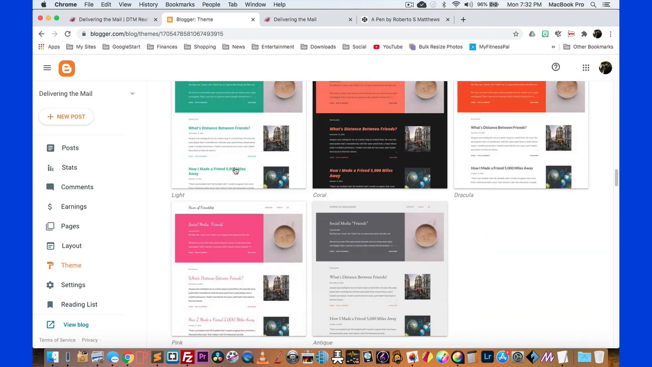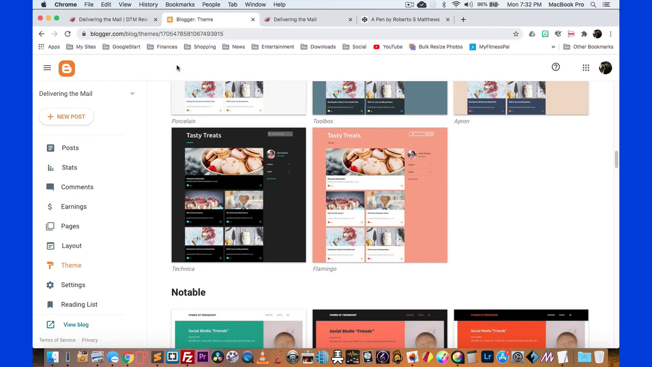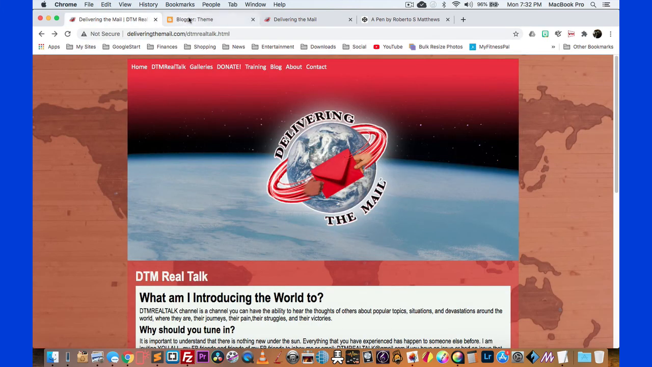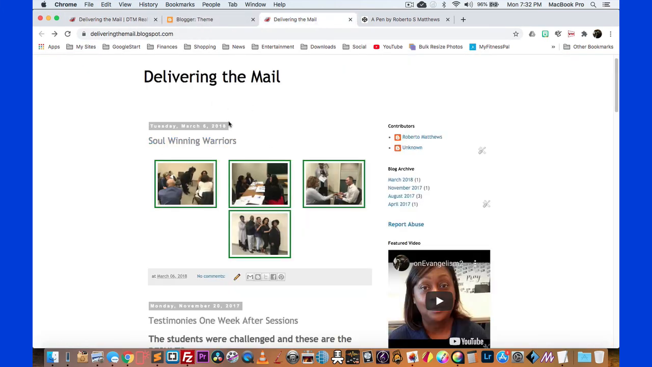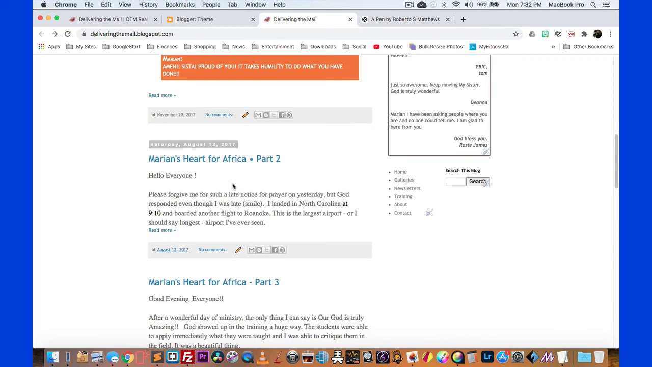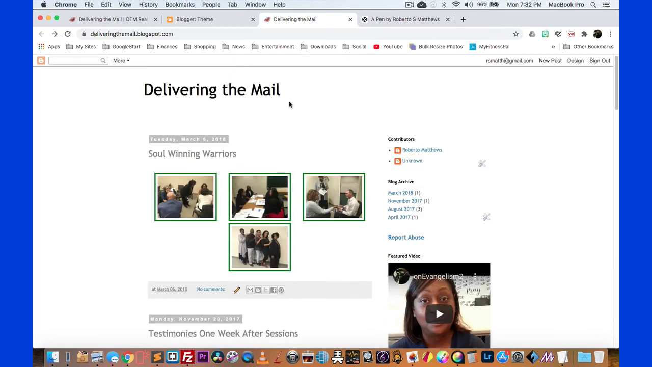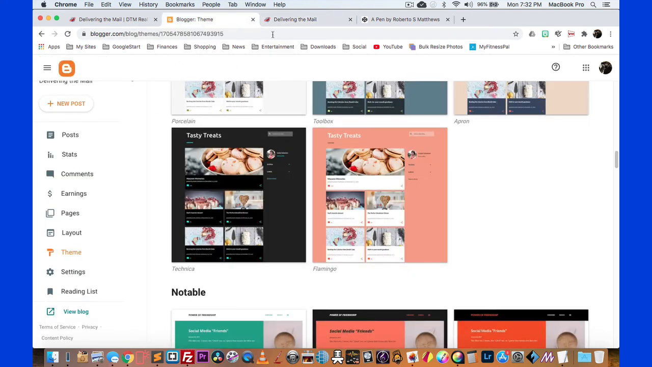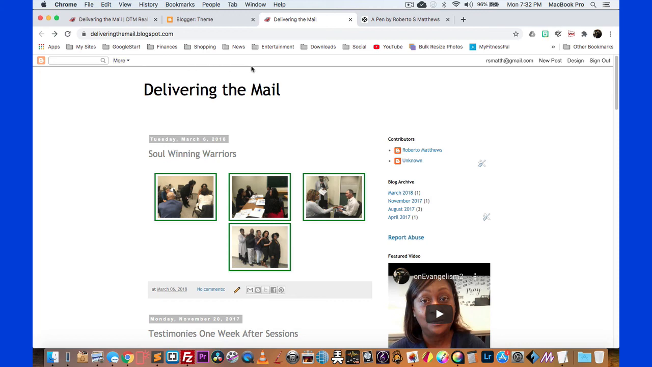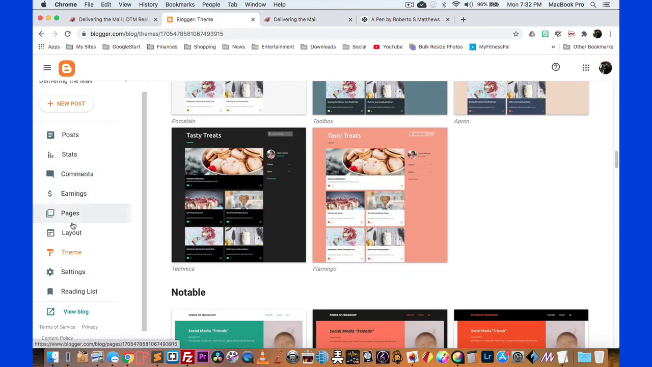Okay. So once we click that, then you end up with this type of blog. Okay. So from there, we're going to do some simple things first, and then we're going to get more complicated. So the first thing we're going to do is take away this bar here. This Blogger bar. So to do that, we're going to go to our layout,